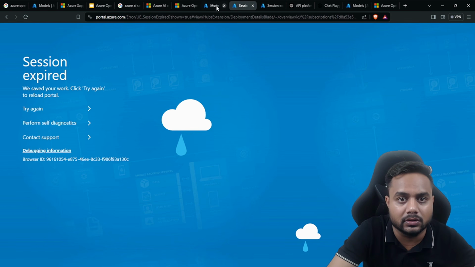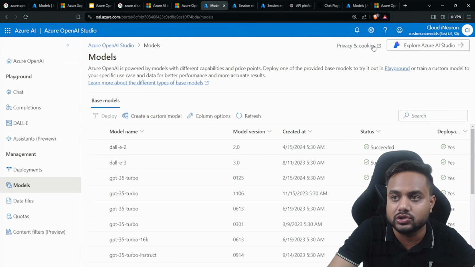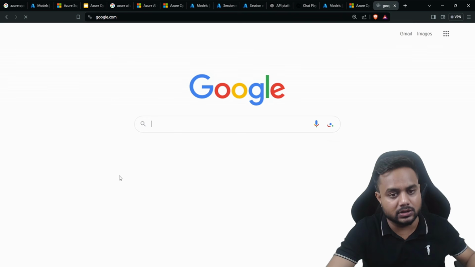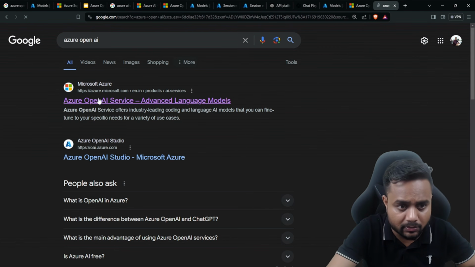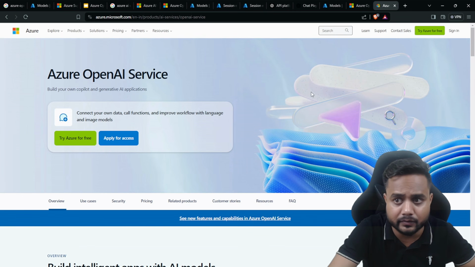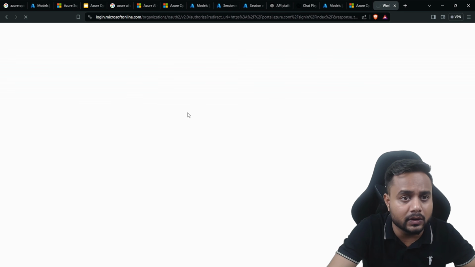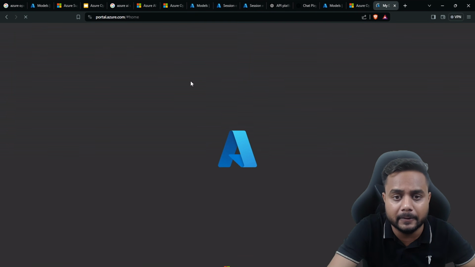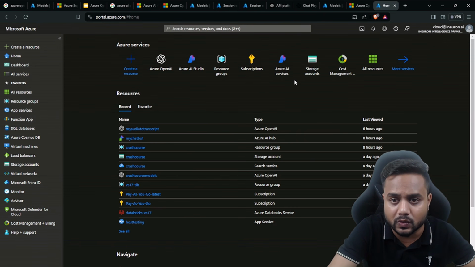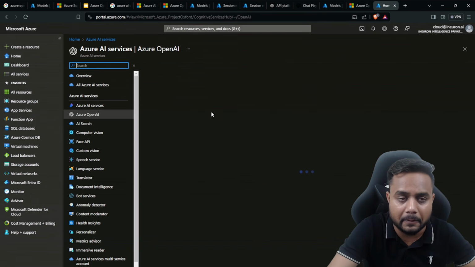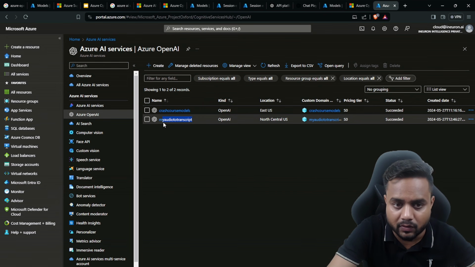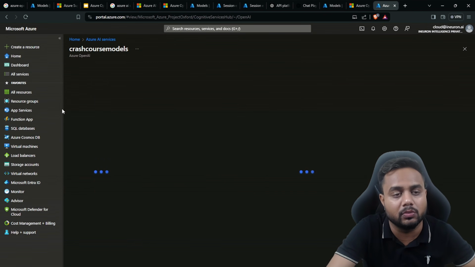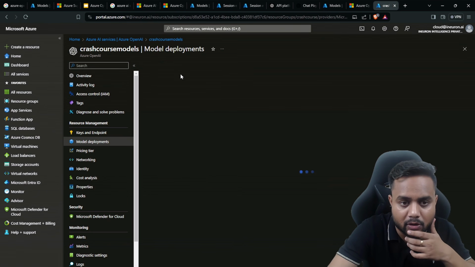Not this one. Okay, session expired. Let me check, guys. Fine, I'm going to log in again. So here simply I'm going to write this Azure OpenAI. Just a second, let me open it. Here, let me sign in. Then I will be getting my Azure OpenAI. Fine. Then here is my crash course model, and this is for the transcript. Now let me open this one, and here is my model deployment,